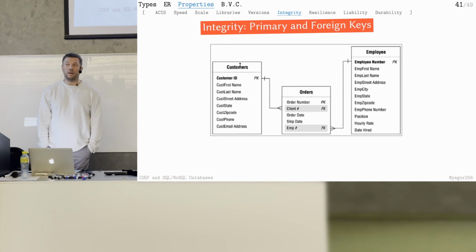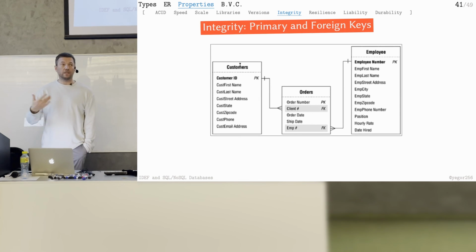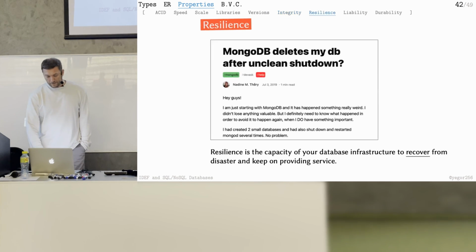Some databases don't have this foreign key. For example, MySQL a long time ago didn't support that. So people were using MySQL, but always was the question, where are the foreign keys? Now, of course, they have foreign keys. But if you look back like 10 years ago, there were no foreign keys in MySQL.